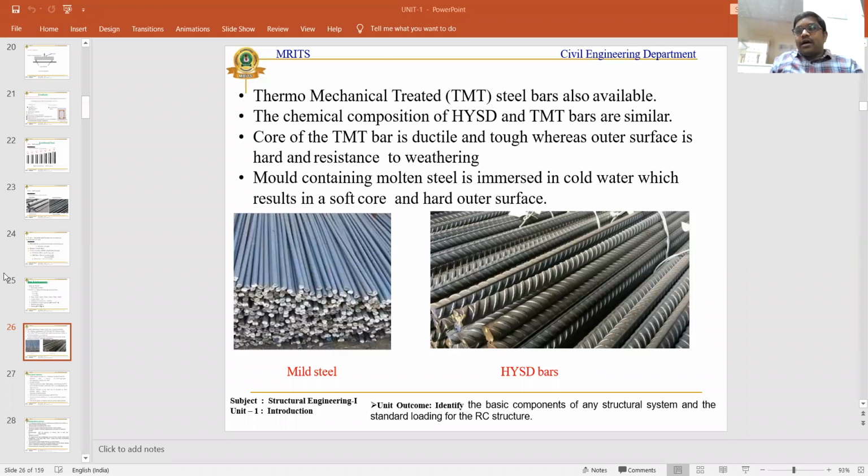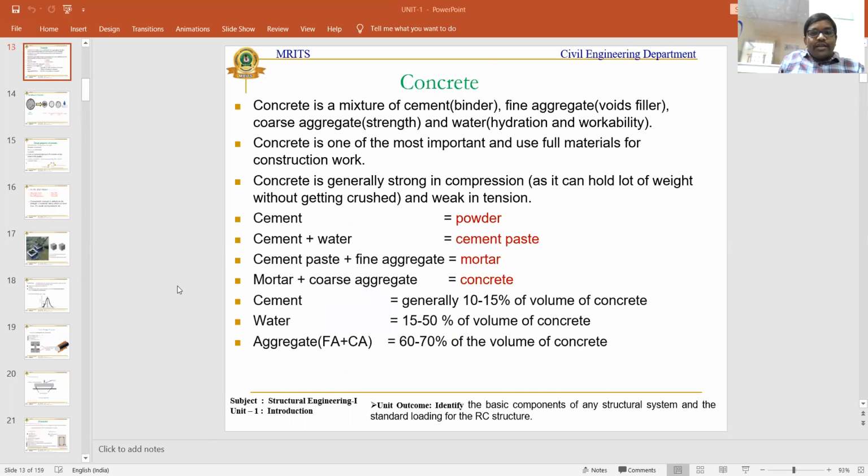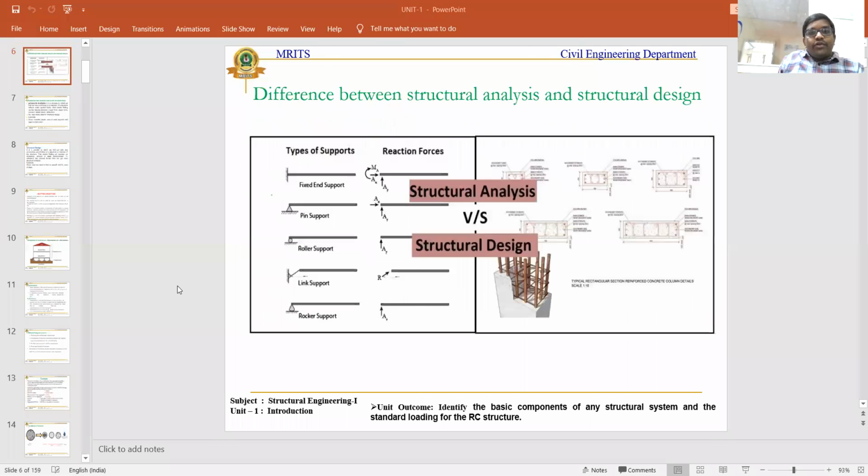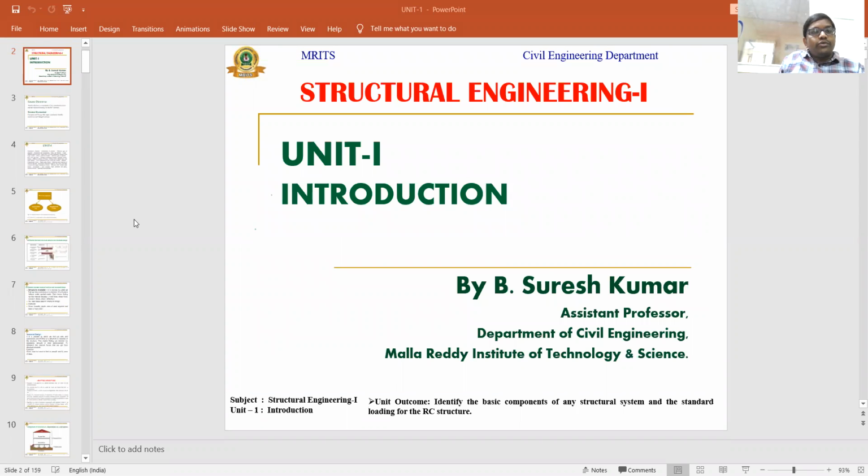Based upon this we are going to use different types of loading conditions for designing different structural members. In addition to this, we'll also consider the different load combinations of a structure. This will also be considered according to the guidelines of IS 456 2000. So this is all about the introduction part of an RCC structure. Before going to design this, we must first know how the structure is going to be designed.